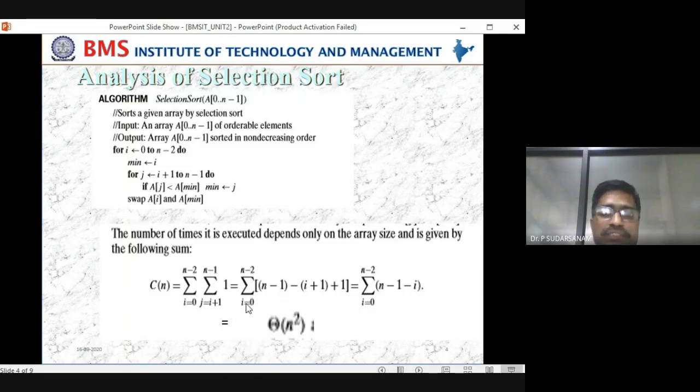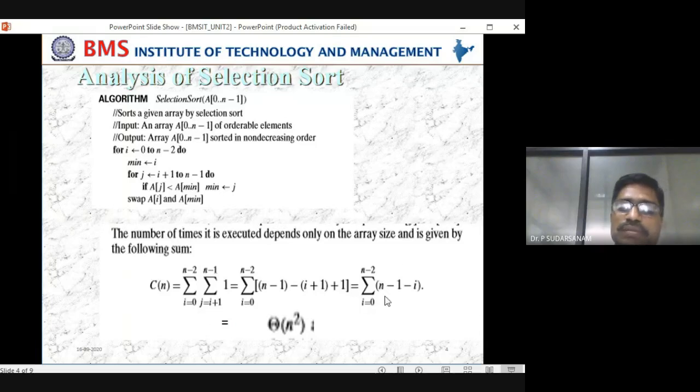So time complexity, this is what yesterday it was missing. That is what I have written as theta of n square. I don't know whether you have observed or not, this equation was not visible. It went down something, so then I brought it to the top. But I told the answer yesterday also, theta of n square.